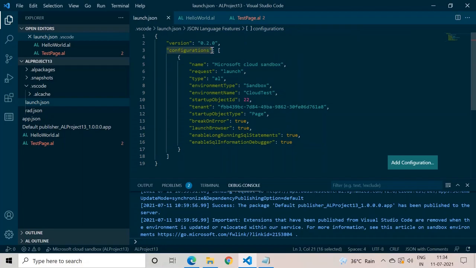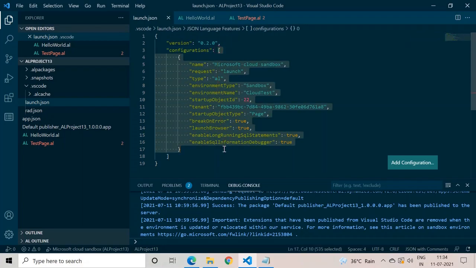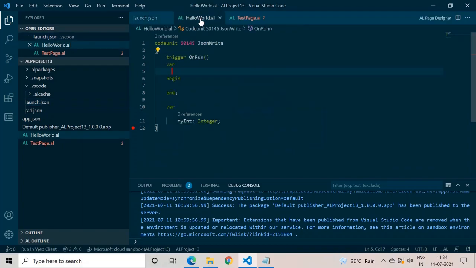Okay, so this shows that in JSON we not only have separate objects, but we also have the concept of an array. So let's keep this in mind and start